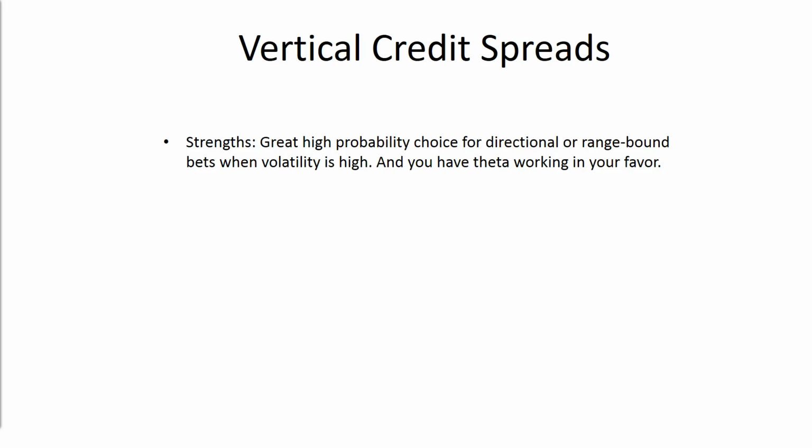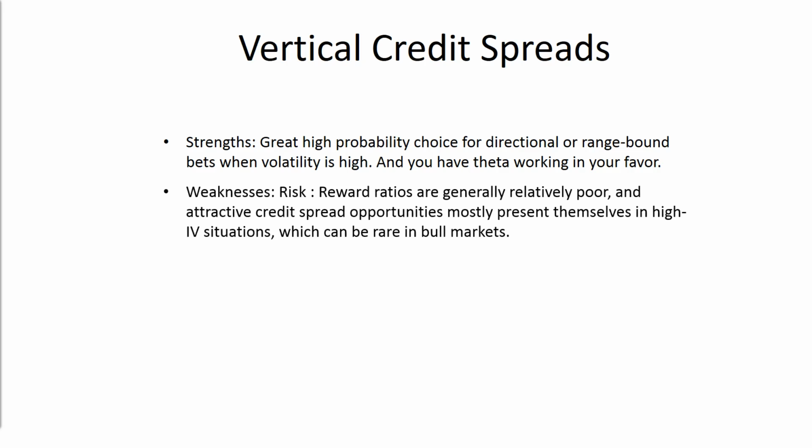The trade gets sweeter as implied volatility rises, which gives us an opportunity to trade in high IV environments that might be difficult for other strategies such as debit spreads. And as long as your trade stays out of the money, you have theta working in your favor, which is always a plus. The weaknesses of credit spreads are that the risk to reward ratios tend to be generally poor,